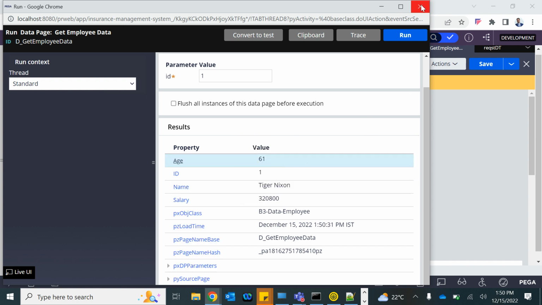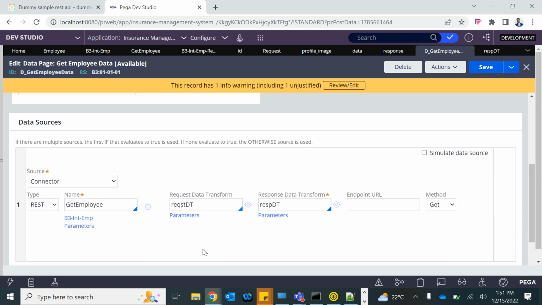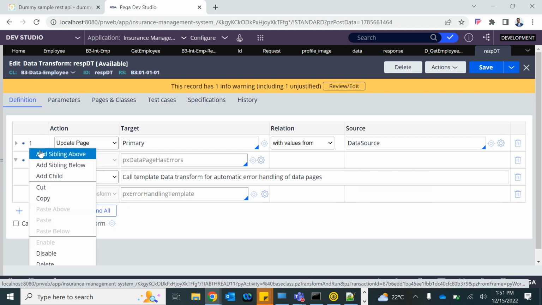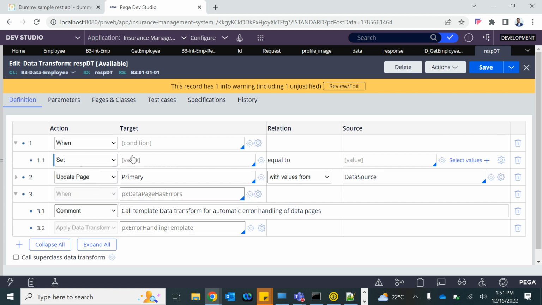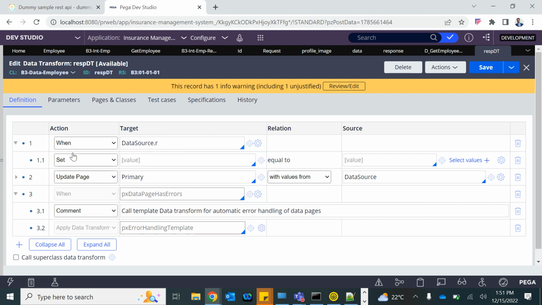Now you could use a message. Maybe on the primary page you want to see the message as well. If something goes wrong, you can do exception handling. You can say when status not null. Here basically you don't do update page, right? You just add another sibling above, and here you say when the data source.request, or you can do one thing,